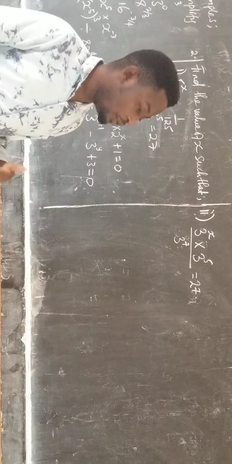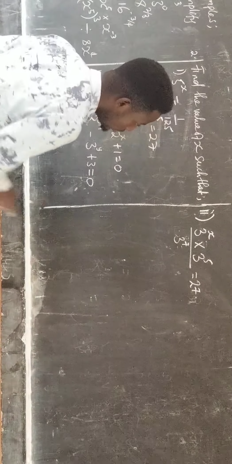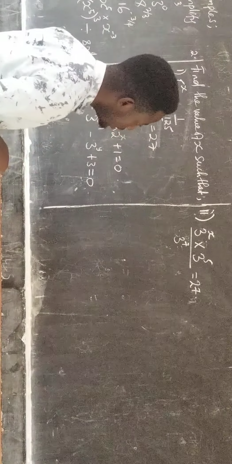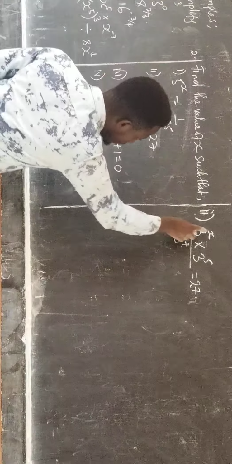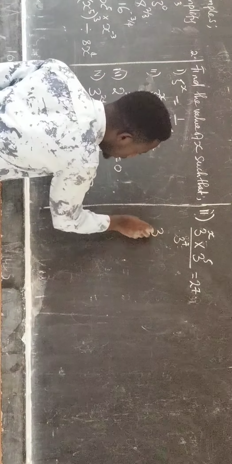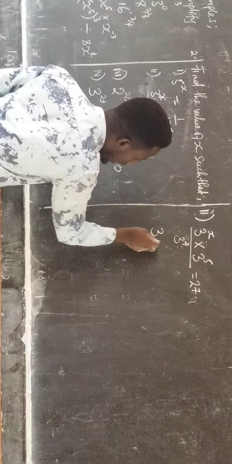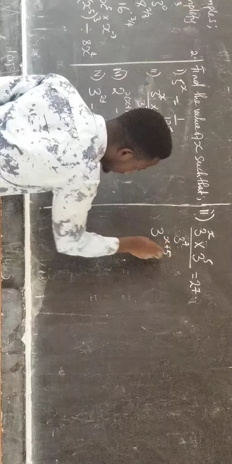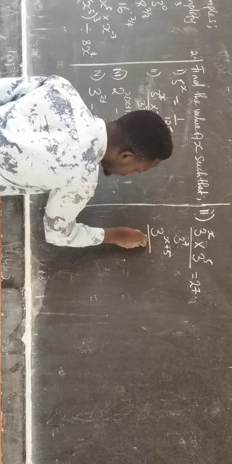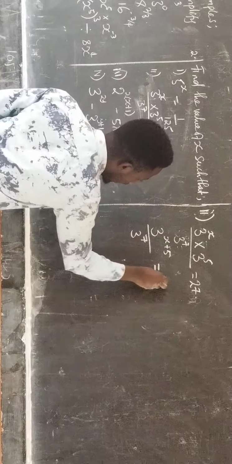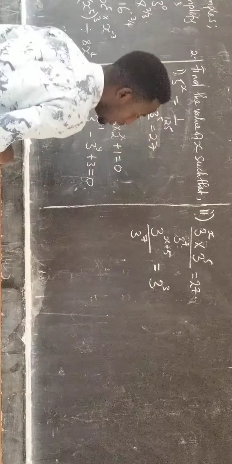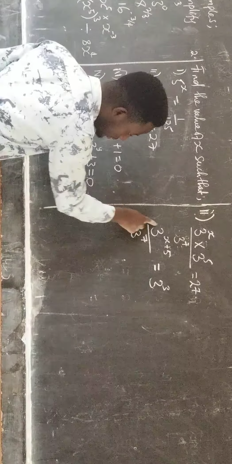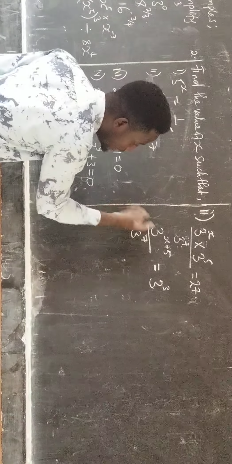Okay? So if you want to do that, then these ones are the same and this one is different. But we know that 27 is 3 power 3. When I'm multiplying, I add, so it will be 3 power x plus 5, over 3 power 7, and this is equal to 3 power 3. But also remember, since I'm dividing and the bases are the same,